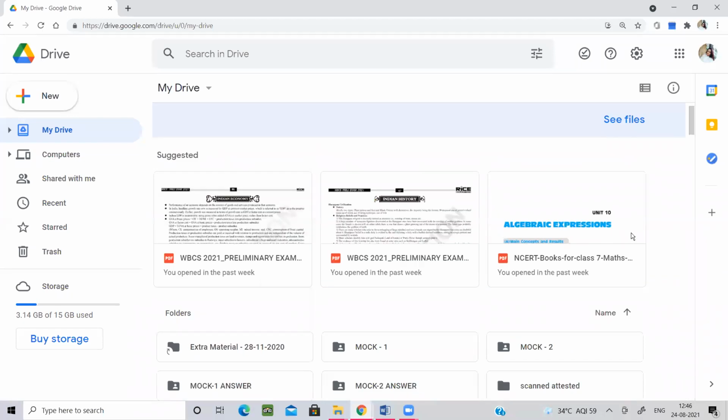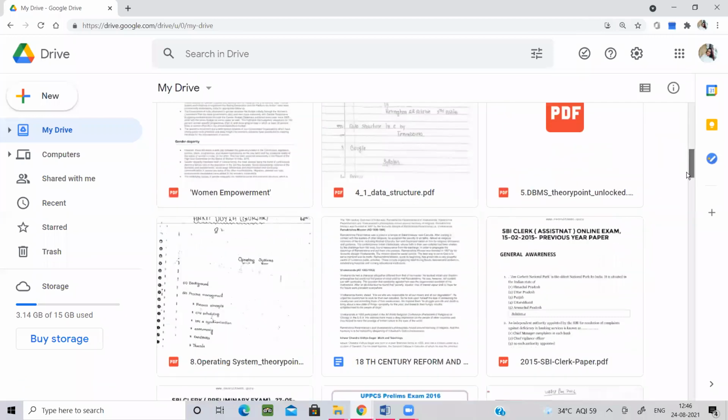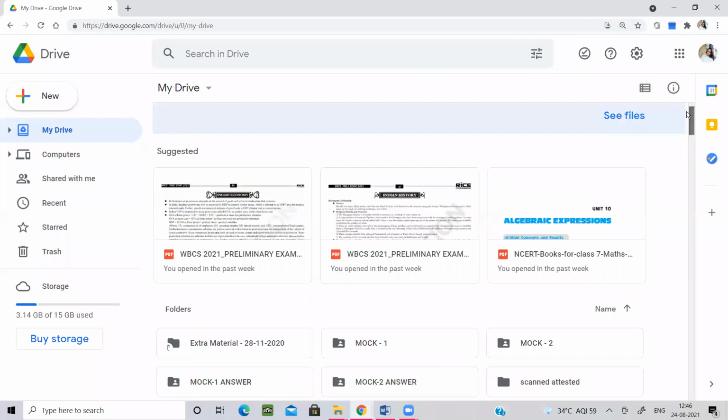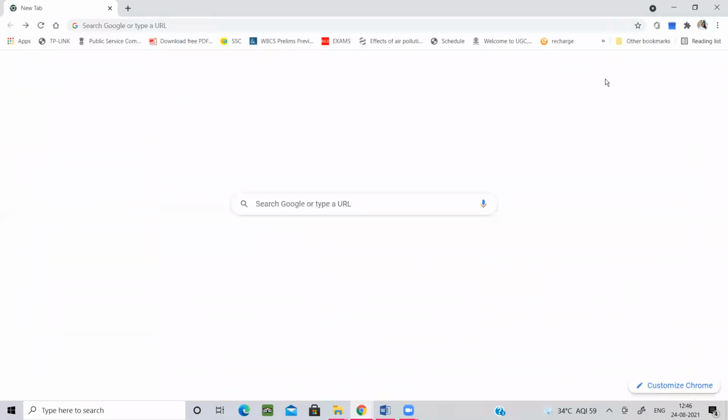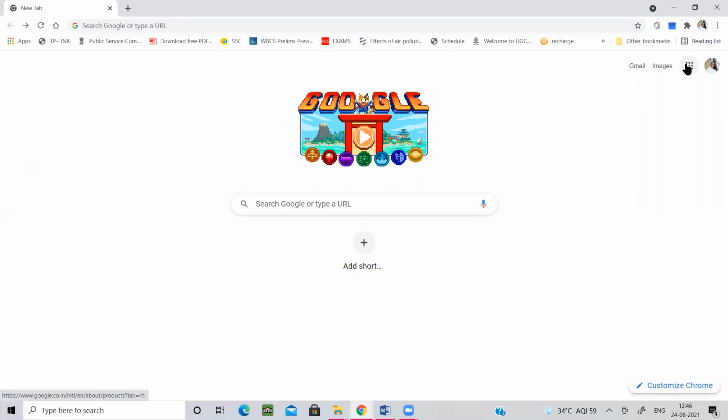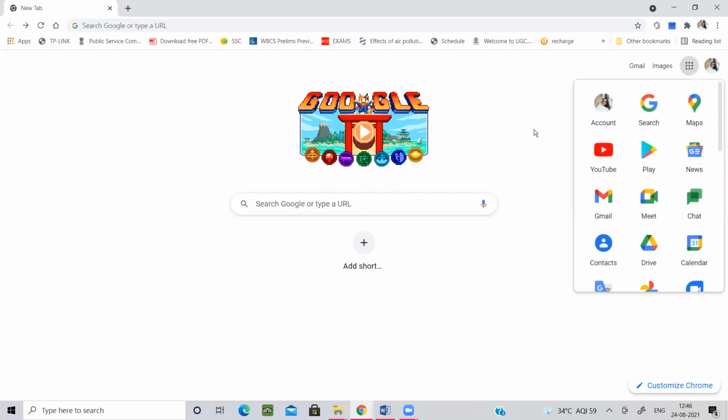Right now you can see NCERT books class 7 algebra is stored. Any day it comes, I will obviously share it with you. So use these features. Your documents are saved, and you will not lose anything.